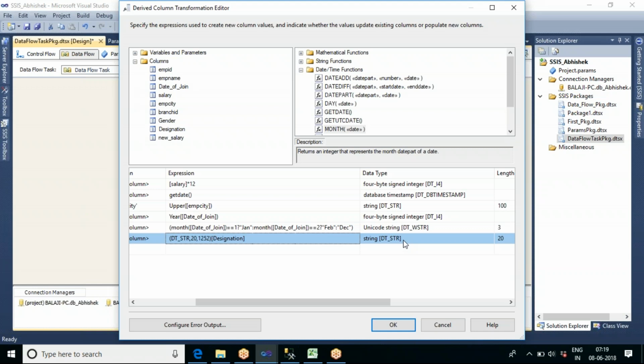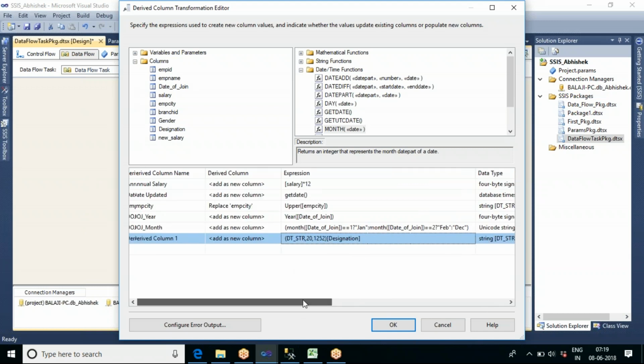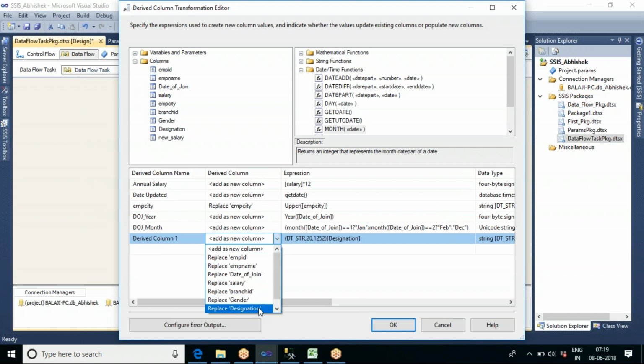So using derived column we can change the data types, and as well as we can apply the conditions here. Do you want to add as a new column or do you want to replace the existing column? Yes, I want to replace the existing. This is what the derived column will do.